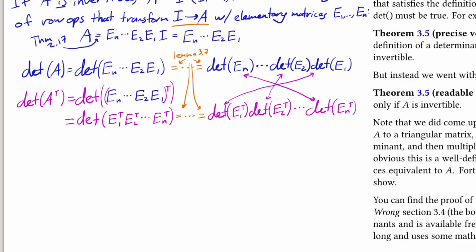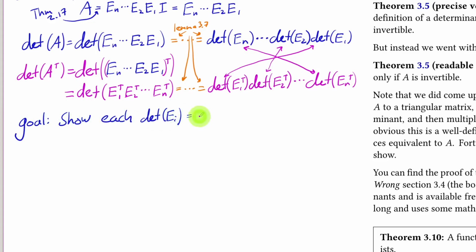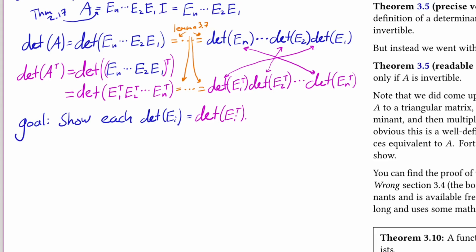So to prove the theorem, we just need to show that the determinant of each elementary matrix is equal to the determinant of its transpose. And to do that, we just need to think about the different kinds of row operations that were done from the identity to get this elementary matrix. Like,